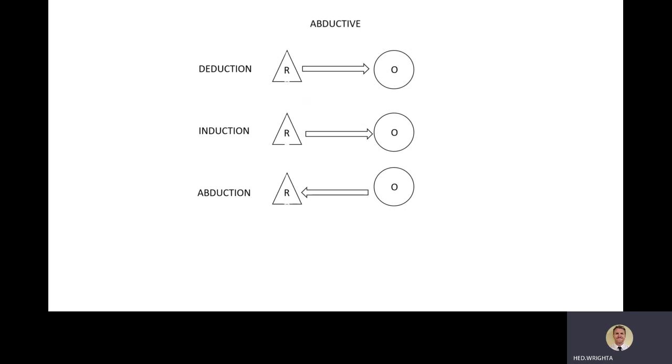So, for example, if you take Sherlock Holmes, you may have a dead body. That is your observation, and then you work backwards, using inductive premises, to work out what the reason is for the observations that you have. So whenever you're looking at Sherlock Holmes, instead of saying deduction, dear Watson, it's abduction, dear Watson. You look at the observation and then the likely causes, the likely reasons for the observations that they have.